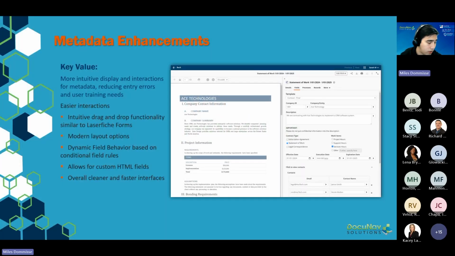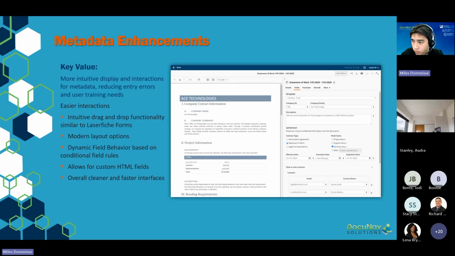Like we talked about earlier, this streamlines how you interact with repository and document metadata in the web client. The actual creation of these is pretty streamlined and easy to interact with. It is similar to Laserfiche Forms, so if you have interacted with Forms before, it's pretty similar: the layout, the ability to drag and drop the fields, as well as many different kinds of